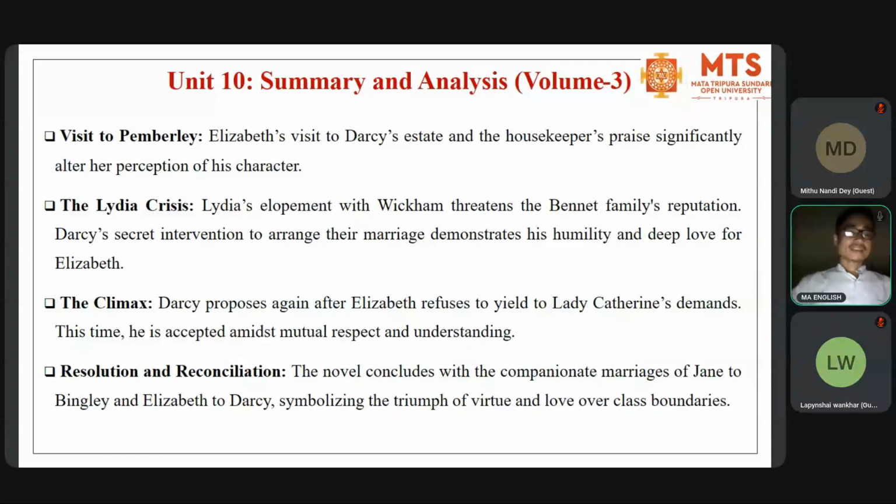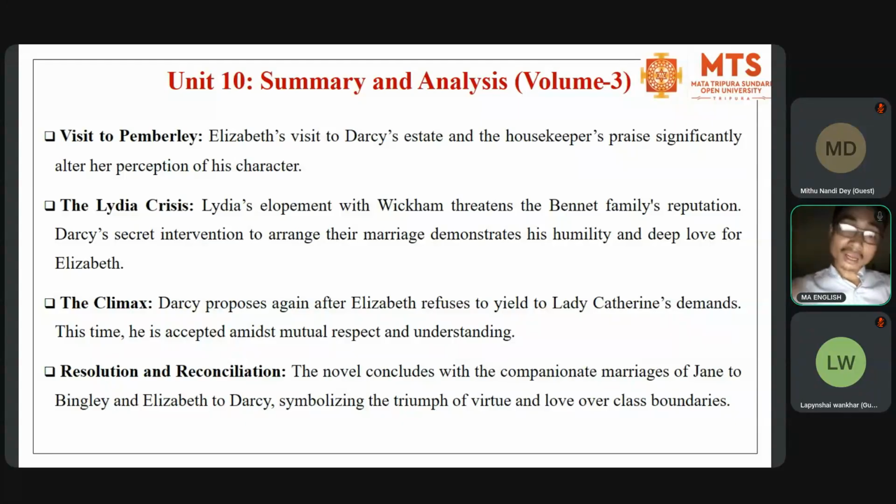So after that, clues start coming, and the closeness started. They started coming closer, Darcy and Elizabeth. In the meantime, the youngest sister, Lydia,